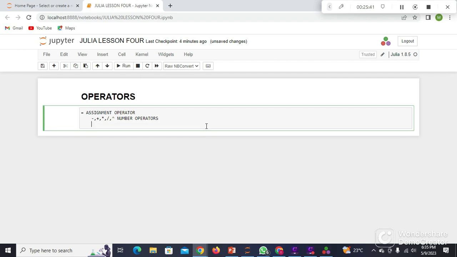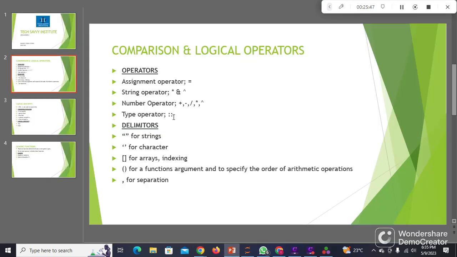These are number operators. Then we have type operator, and this one we are going to use in today's class of functions. Type operator, you are going to see it when we reach there. So, delimiters. I gave this one in yesterday's assignment, and I said